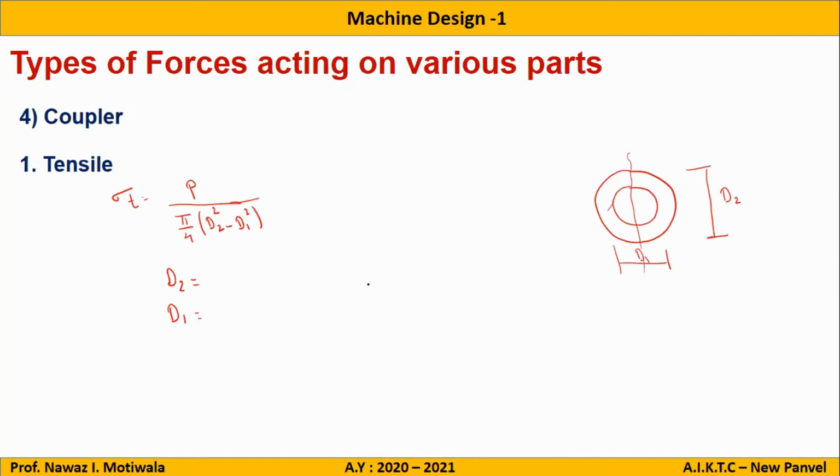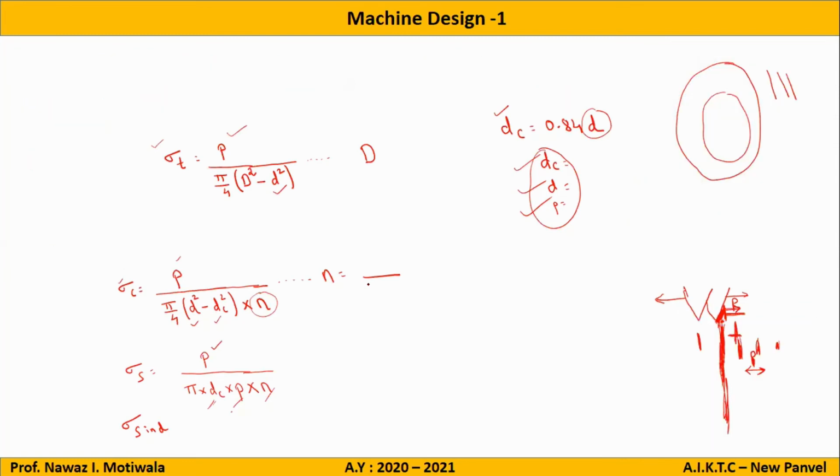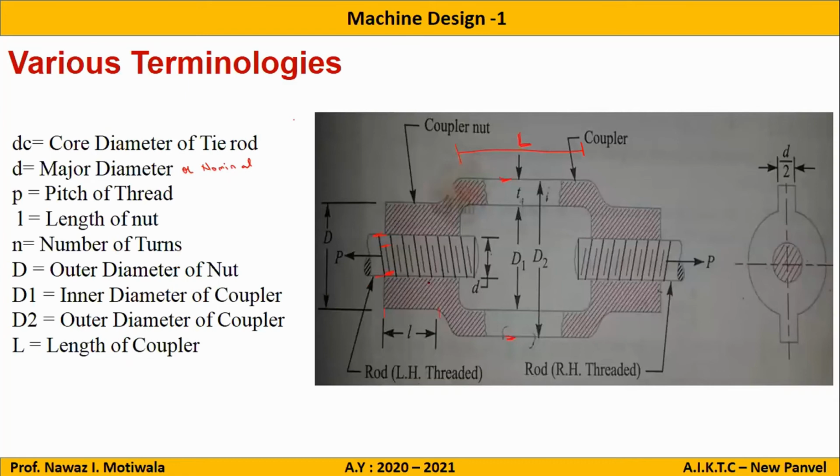Empirical. Yes, we use some empirical relation. So let us go back to our main diagram and see what empirical relation we can use. Okay, let me use this one. Let us observe this diagram. The outer diameter, let us say it is D2 only. Now, can I find D1 in terms of D?